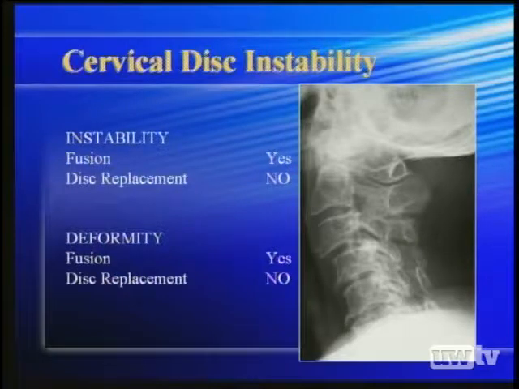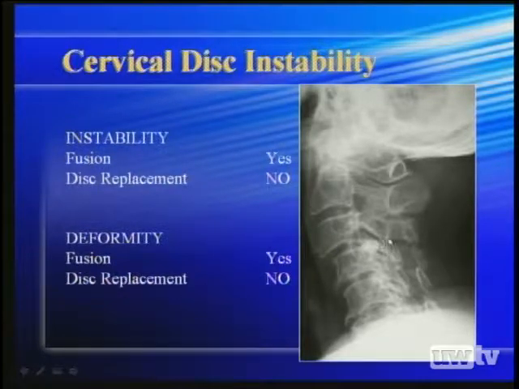And that is not insignificant. So what are some of the indications for fusing the cervical spine? Well, like the lumbar spine, instability is an indication for fusing in the presence of failed non-operative treatment. Like the lumbar spine, this is not an indication for disc replacement because while the disc may be degenerated, we